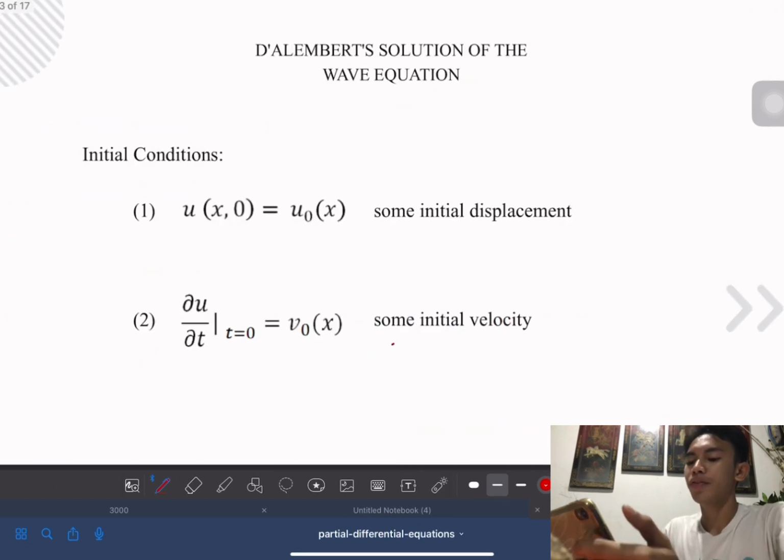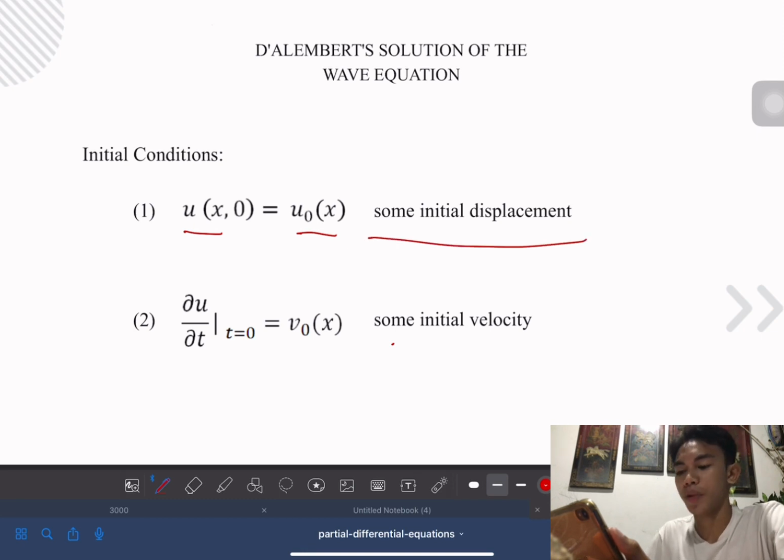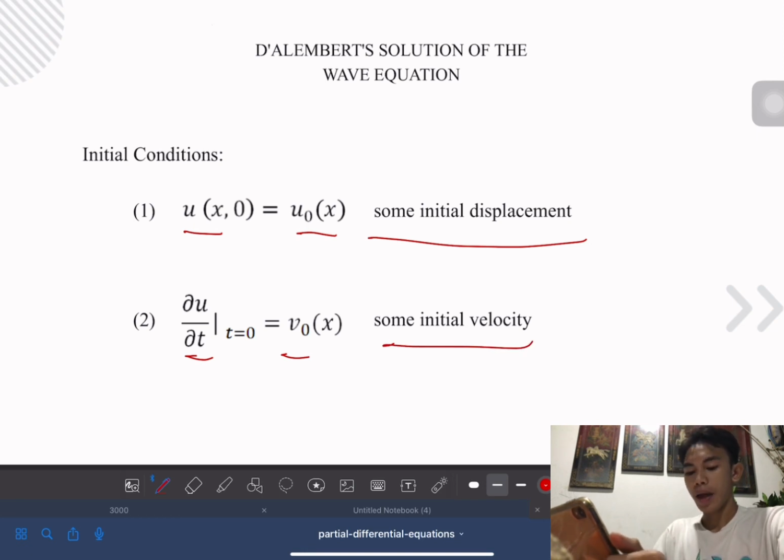And these are, the first condition is u of x, 0 is equal to u sub 0 of x, and this is called the initial displacement. The second condition is the partial derivative of u with respect to t at time 0 is equal to v sub 0 of x, and this is called the initial velocity. For this lecture, we will solve the PDE problem and find the solution for the infinite spatial domain with the use